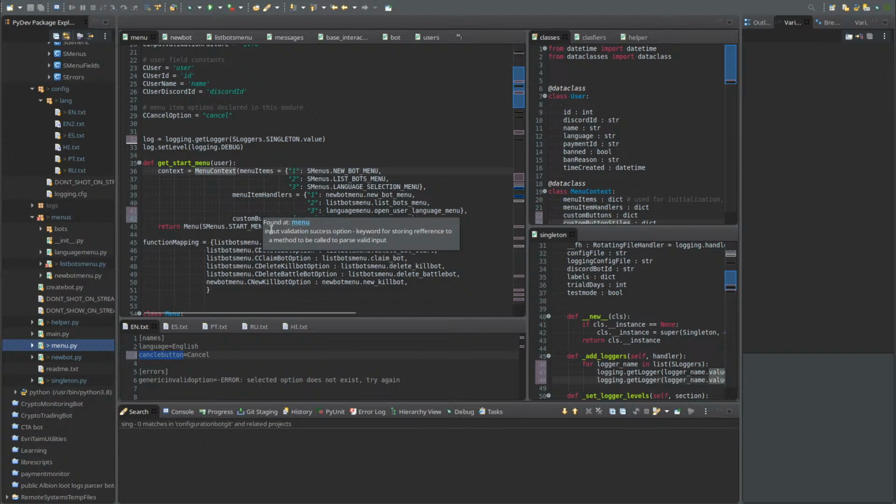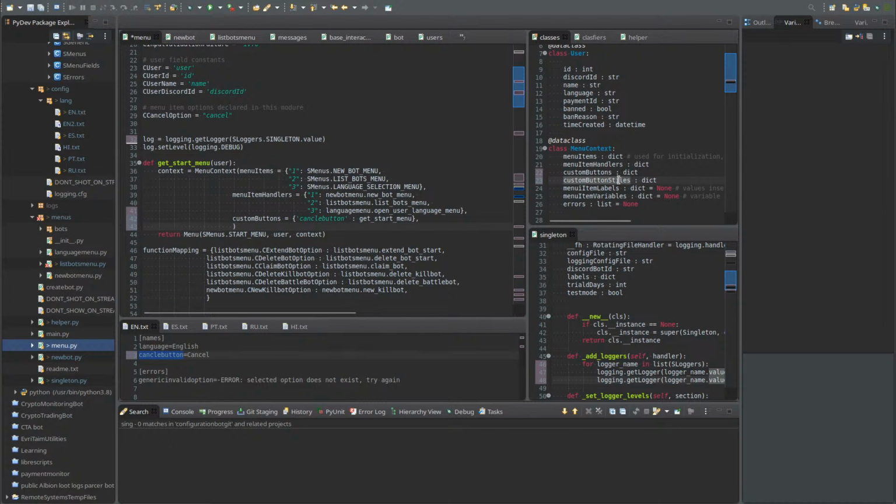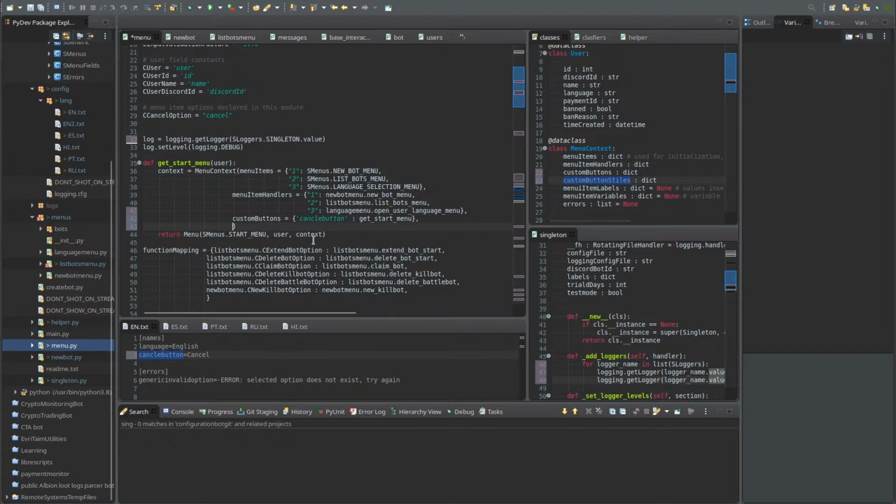So this will be. Do I want to have it in start menu? Ooh, a good question. Yes, at first I will, then I will remove it. It doesn't make sense to have cancel in the start menu. And then styles. Custom button styles will also be a dictionary which maps